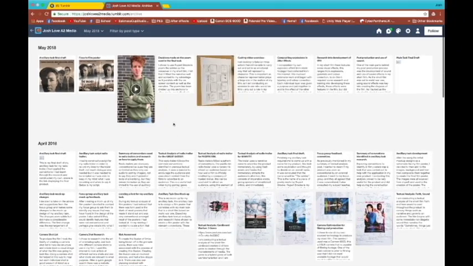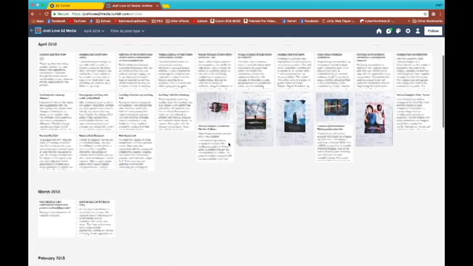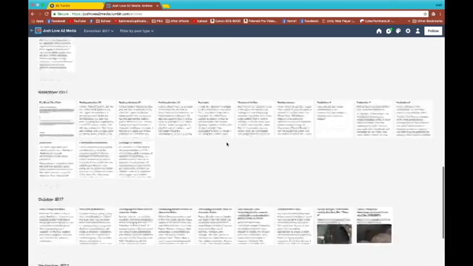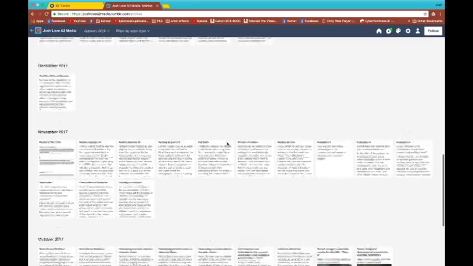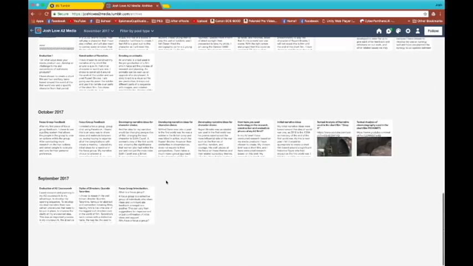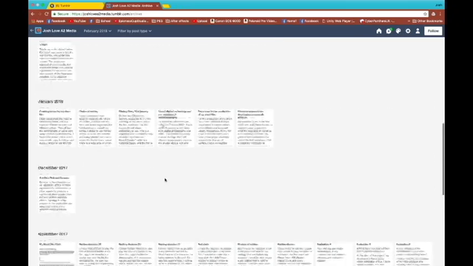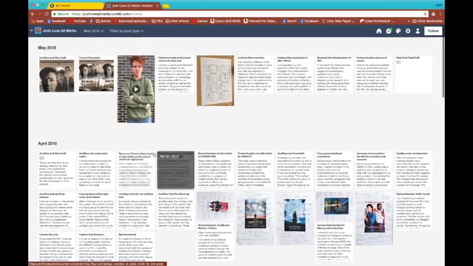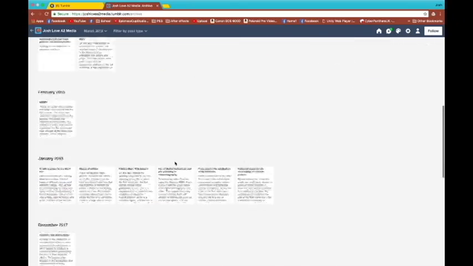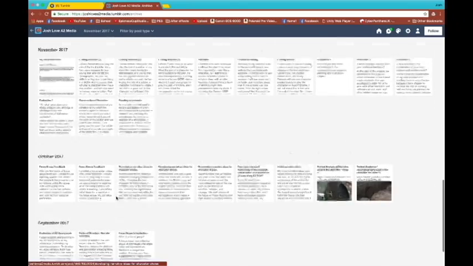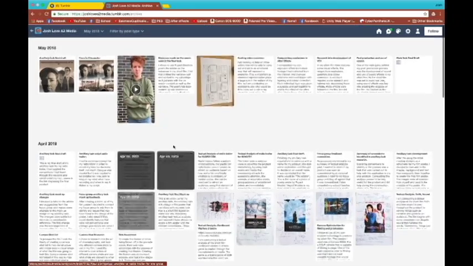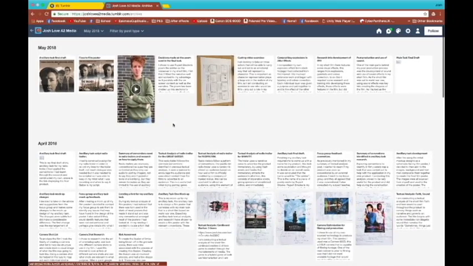I created this blog as part of the A2 Media coursework where I could document all my progress, research and planning in order to keep it nice and organised, make sure that everything was up to date and up to scratch. I started in September 2017 and I worked my way all the way through to now, May 2018. This is all the documented progress I've made, from casting decisions, creating an animatic, focus group feedback, and even some of the construction phases that I'd filmed and put on my blog.